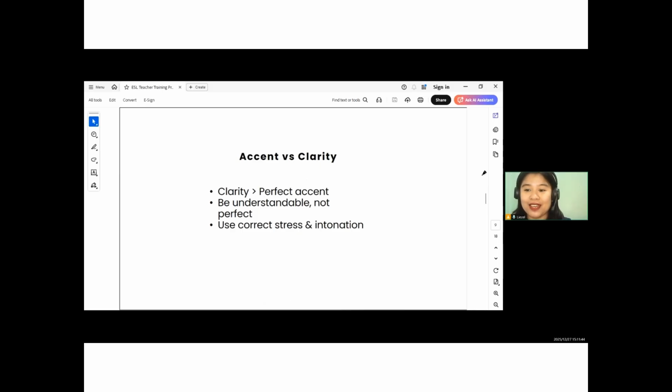So we should not be showing or maximizing our dialect accent. I understand that we have strong dialect accents and that is totally fine. All you have to do is to just minimize it or make your accent as clear as possible. And you can have a perfect accent if you can, and it's okay. If you have an American accent, that is very good of you. Okay, it's very good that you have it.